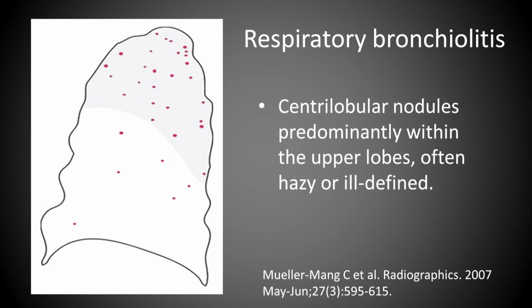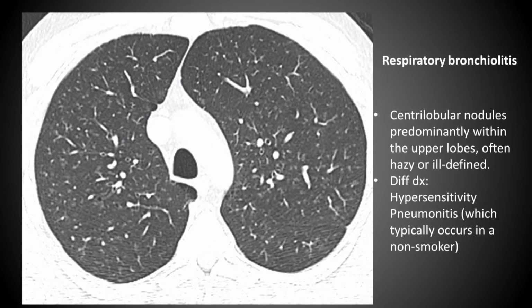So here's just a distribution of the centrilobular nodules. They're predominantly within the upper lobes, sort of hazy or ill-defined. And here's a CT, and if you look carefully, you'll see these little ground glass nodules, which you can imagine to be within the center of secondary pulmonary lobules, sort of peribronchiolar, and this is a typical appearance. And if you're in a place where you have a high prevalence of smoking, you're going to see this every day, unless your slice thicknesses are too